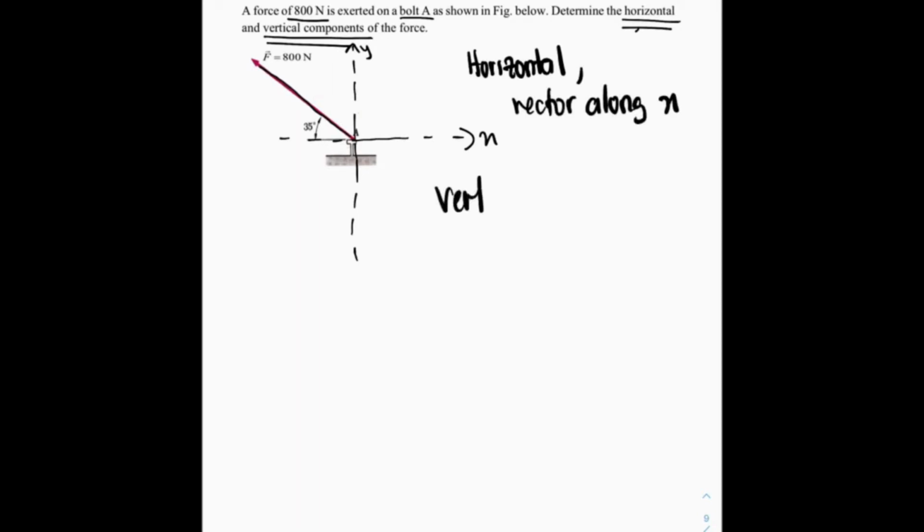So from here we can see that the vector here is sitting in between the Y and also X axis. Therefore, what is going to happen here is the question asks us to indirectly resolve, but they use the term horizontal and vertical component. They did not use Fx or Fy. The horizontal component here means your vector along x, and your vertical component here means